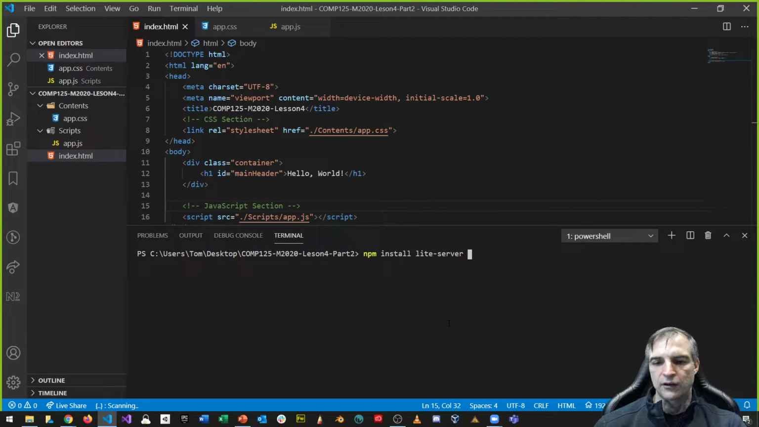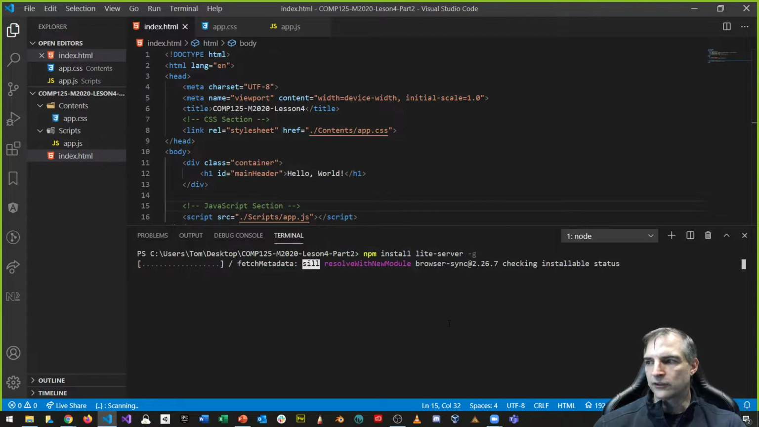If you just left this out, it would be installed locally. We don't want that. We want it for every command line. So that's why we're putting the -g. And then we're going to press enter. If you did it again, it's not going to hurt your system. All it's going to do is,